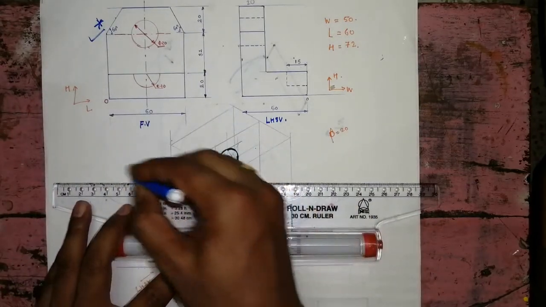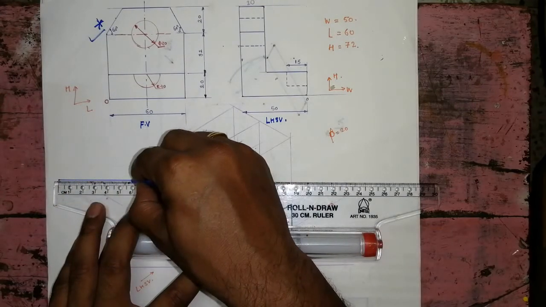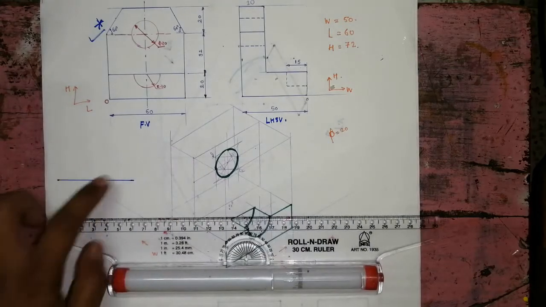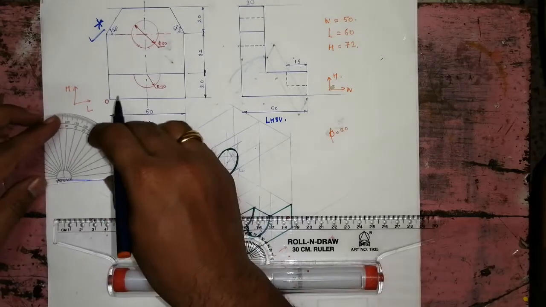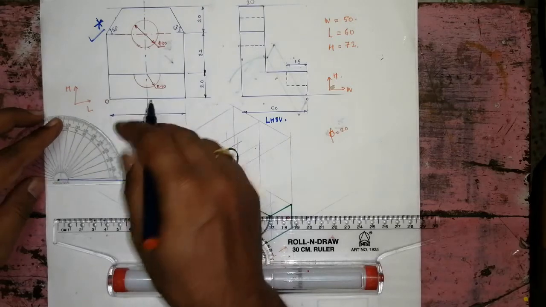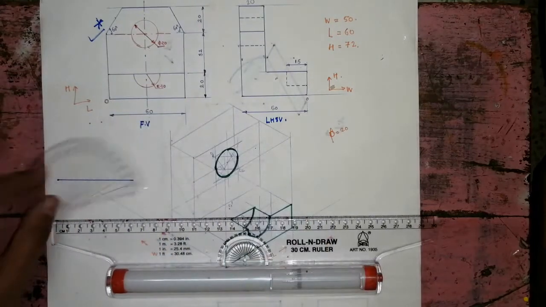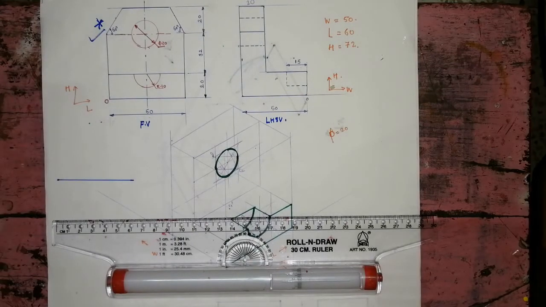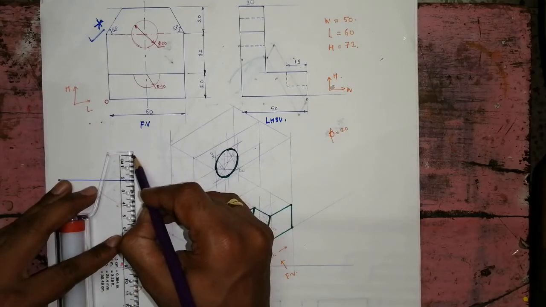We have to construct this outside. So how much? This part is 16, then take the angles here. This angle is equal to 60 degree on both sides. So from here this is 60 on this side, and from here this is 60. Now the height is how much? This is 20. So the height is 20 here, it comes here.